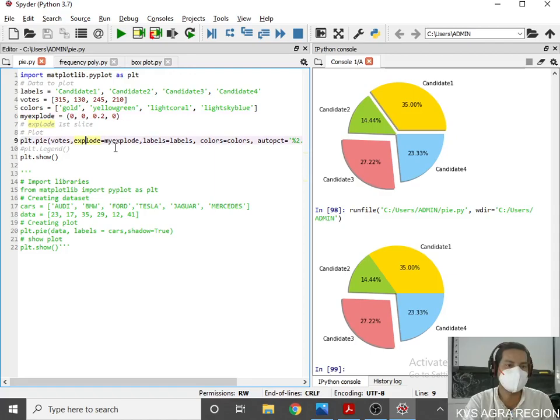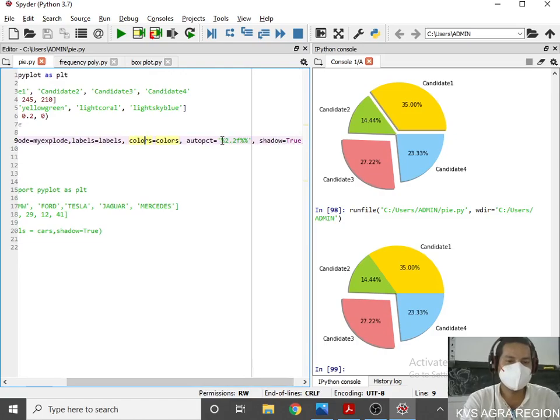For explode, we have given the value from this variable my explode, then labels equal to label, which are candidate 1, 2, 3 and so on, and colors, which is the list of colors: gold, yellow, green, light coral, and light sky blue. Then autopct in the form of %2.2f%%, starting with the percent sign and ending with the percent sign, for getting it in the form of percentage sharing.